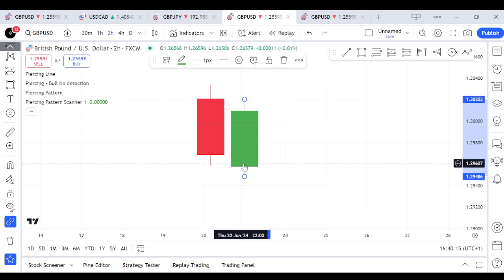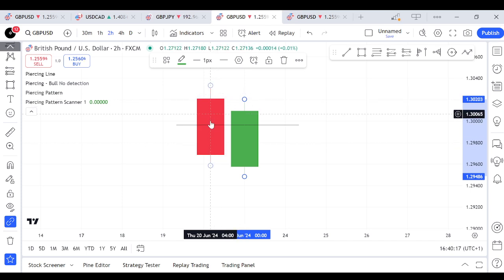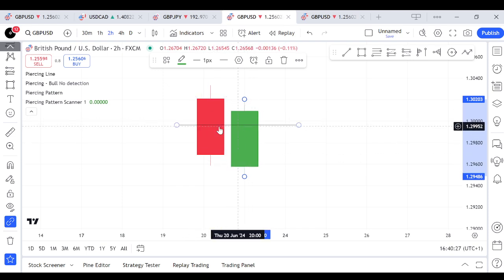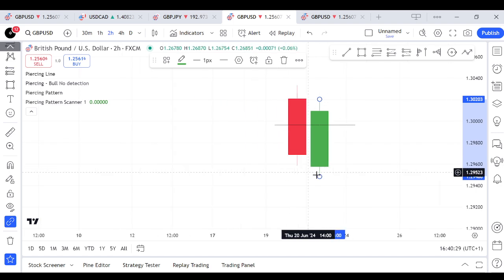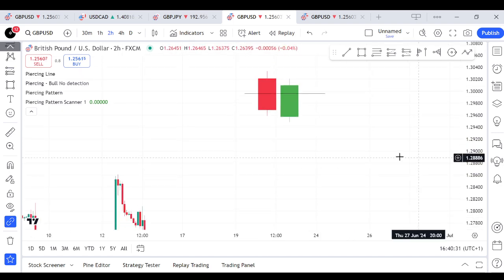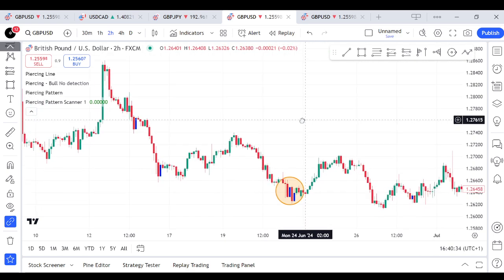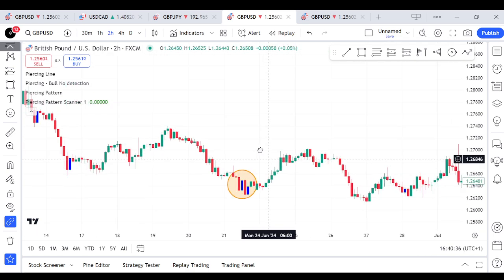So first you spot the bearish candle, then the bullish candle, which opens below the close of the bearish candle and closes above the midpoint of that bearish candle. So that is how you can spot it, how you can identify it. Now you should know these are